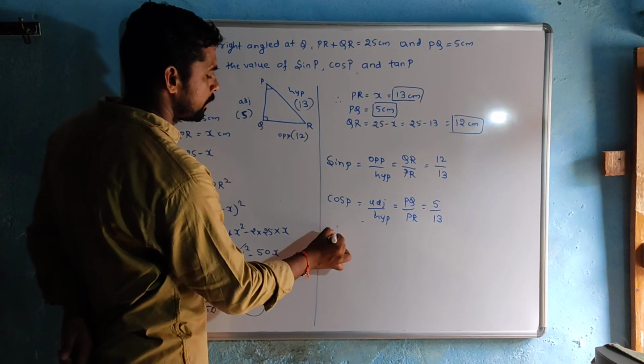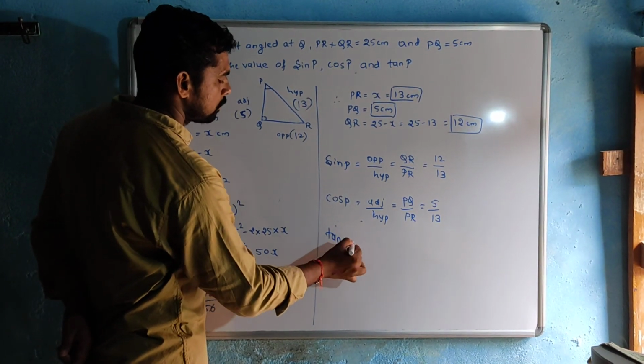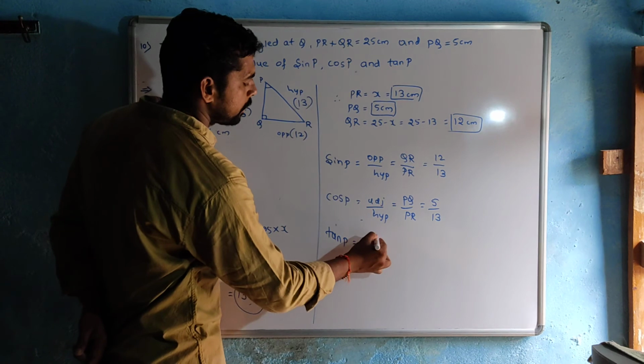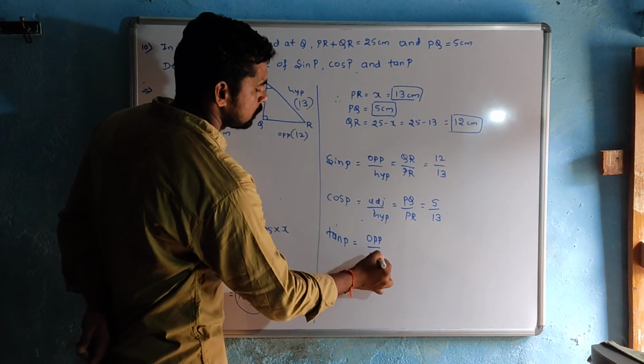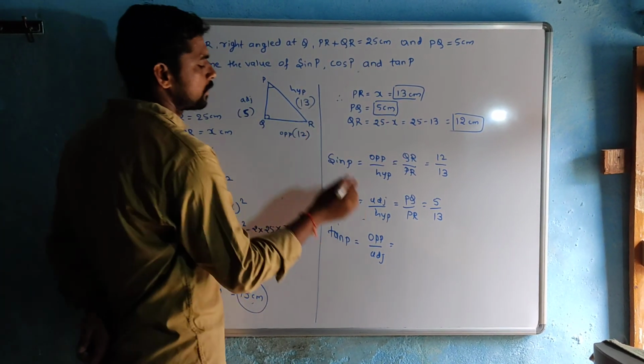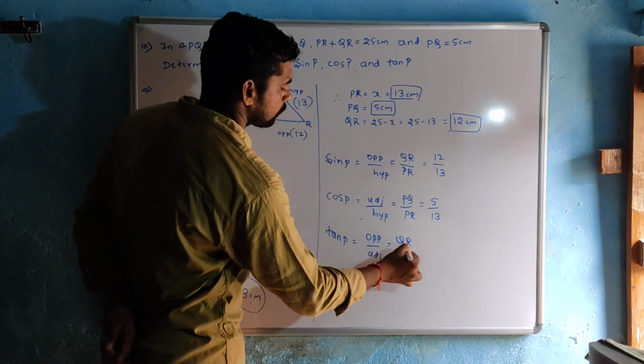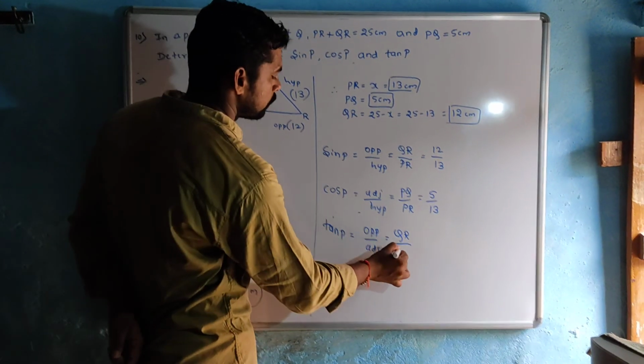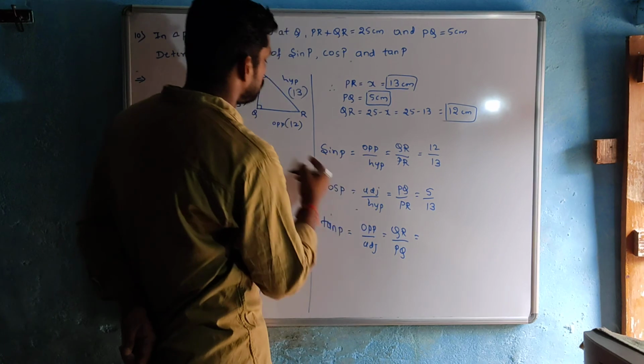And then tan P, opposite by adjacent. See here, opposite side is QR, adjacent side is PQ. Therefore, 12 by